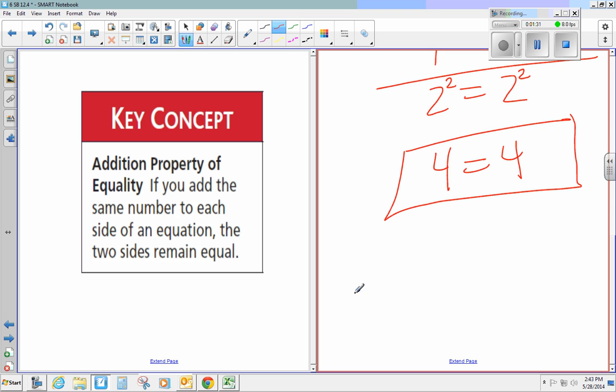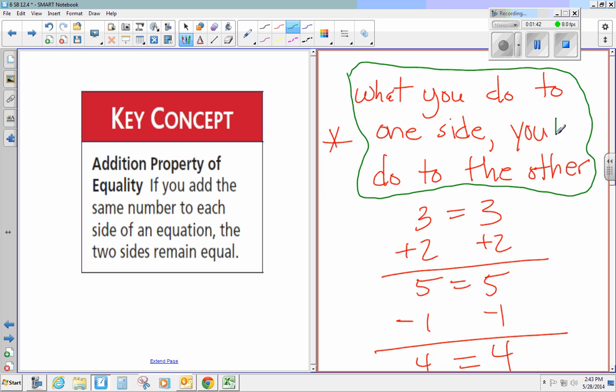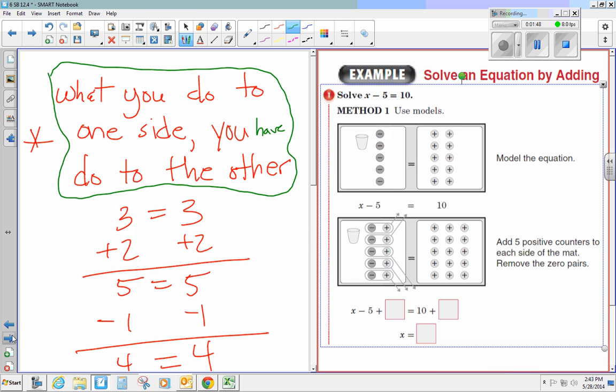So please remember, what you do to one side of an equation, you do to the other. And actually, you have to do it to the other. So please remember that. So taking a look at this, what we have here is a bunch of